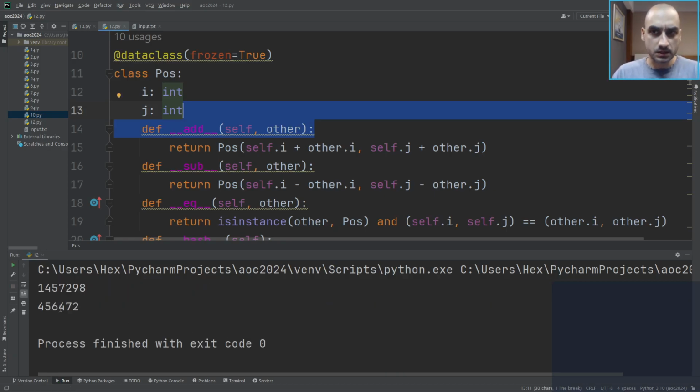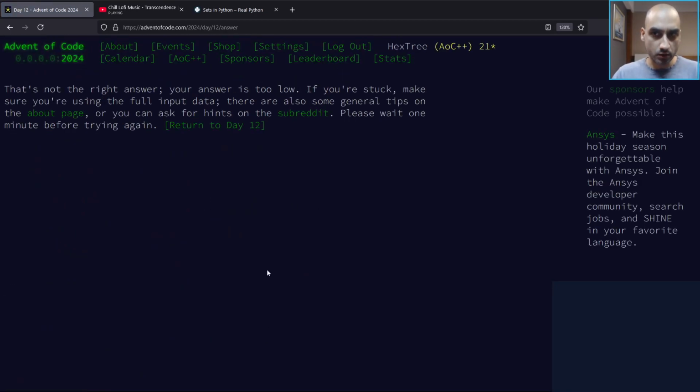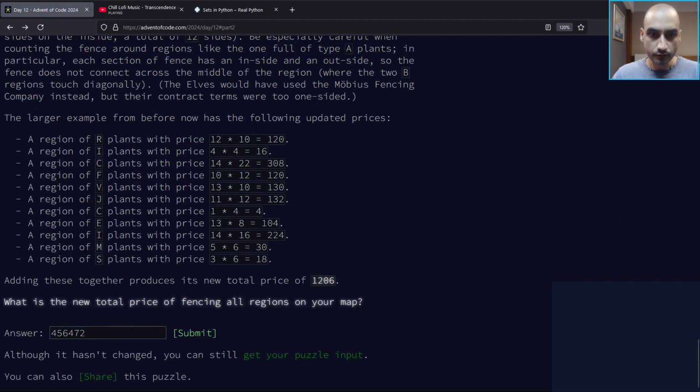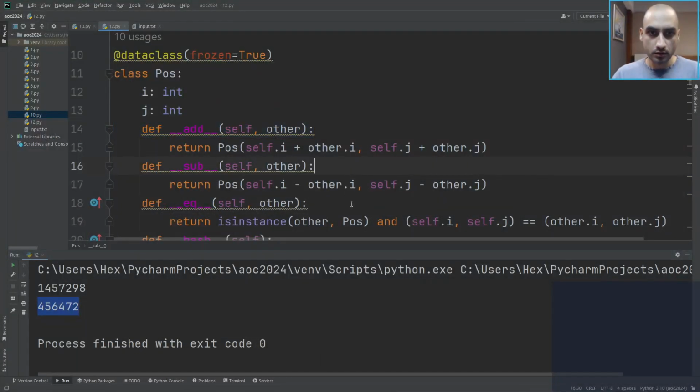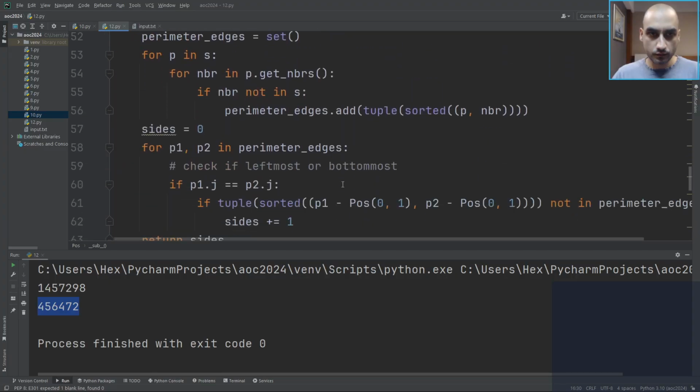All right, it's a smaller number, which is to be expected. But nope, it's too low. Okay. So we got the perimeters correct. So we need